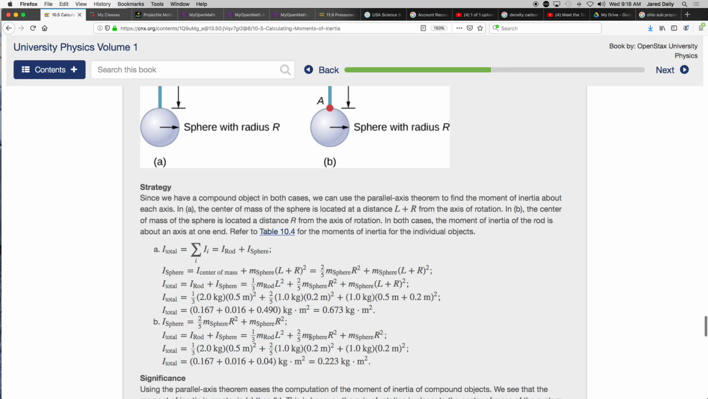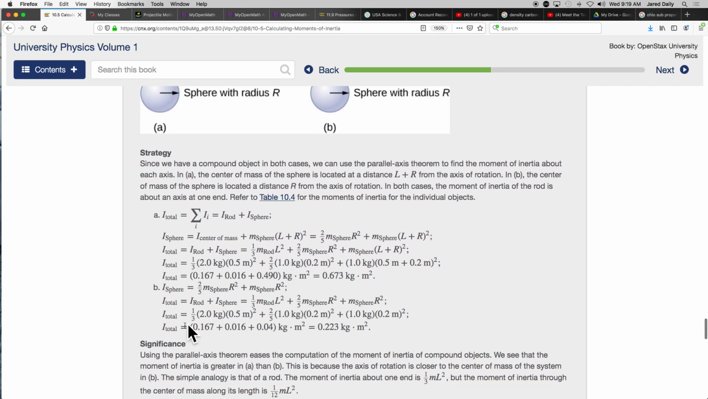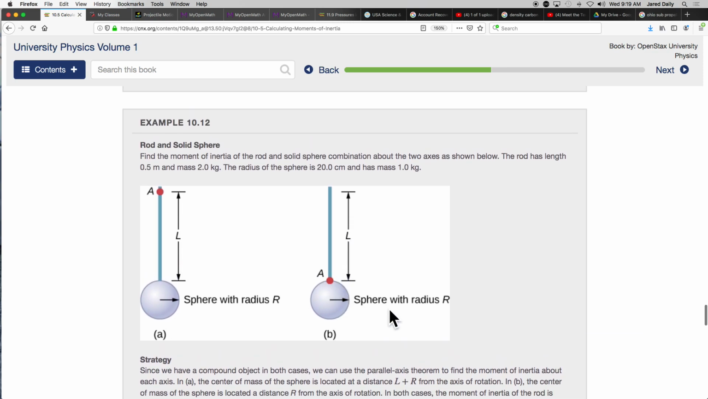So this, the 2/5 m sphere r squared, is the moment of inertia of the sphere around its center. And then you take the mass of the sphere, you add to that the mass of the sphere times the radius of the sphere, because that's the distance that you've shifted the rotation point. So it's just r squared instead of r plus l squared. And so that's the parallel axis theorem for the sphere rotating around its edge. And then this is the moment of inertia of the rod rotating around the other end. It's the same as it was in the first one. You add those together and you get a different moment of inertia. And it's lower because the mass of the sphere is much closer to the point